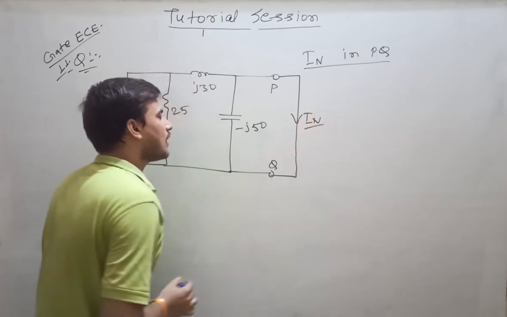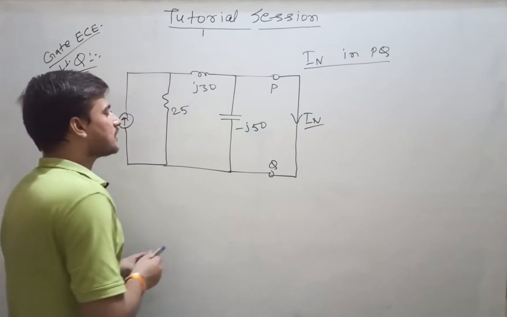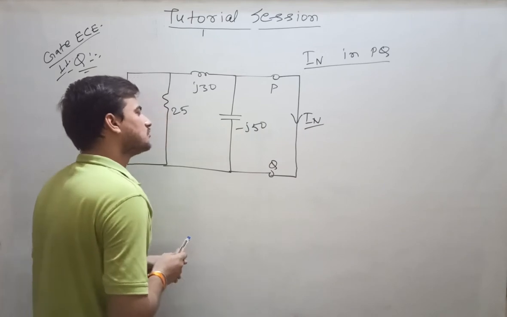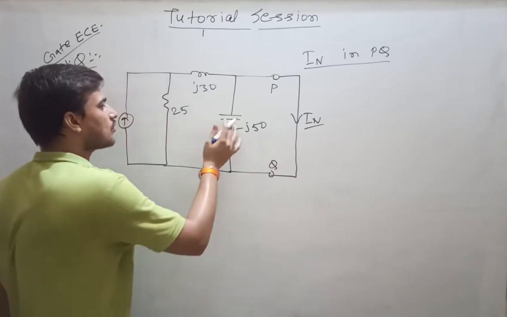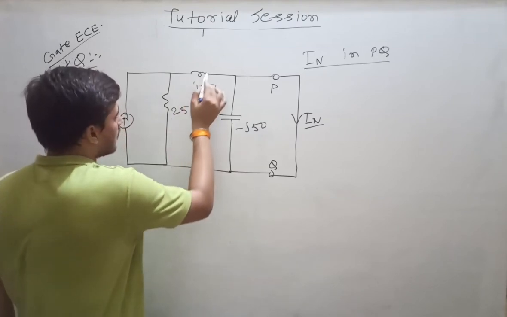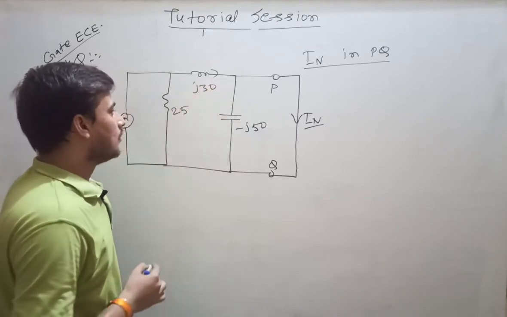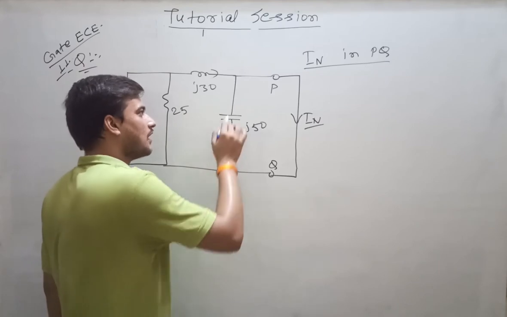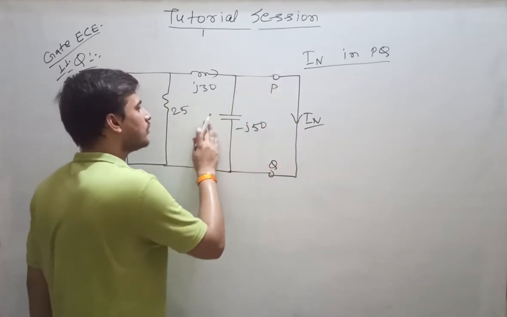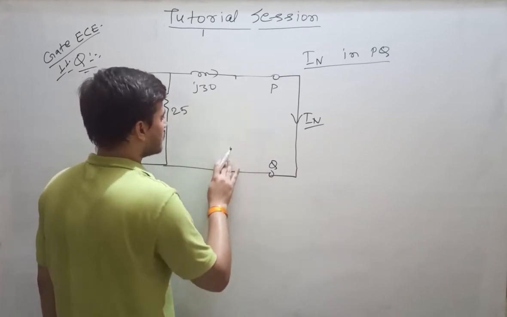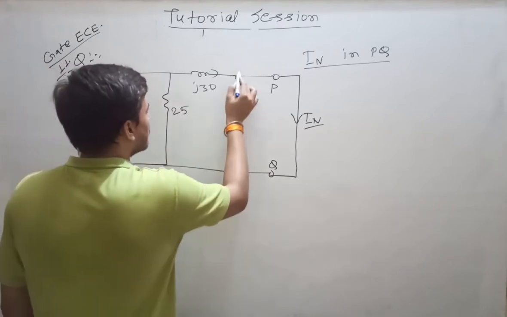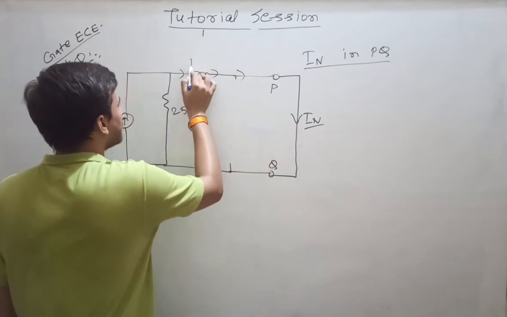Once you have short circuited this one, then you see a capacitor is connected in parallel with IN branch. So this capacitor will have no role because there won't be any current flowing through this capacitor. The current coming out from this inductor will choose the minimum resistance path, and if it already has a zero resistance path, then this current is not going to flow through this capacitor. So this current is gone. Clear? So now you see this current is IN, this current is also IN.